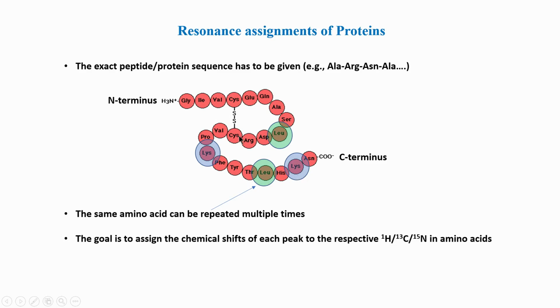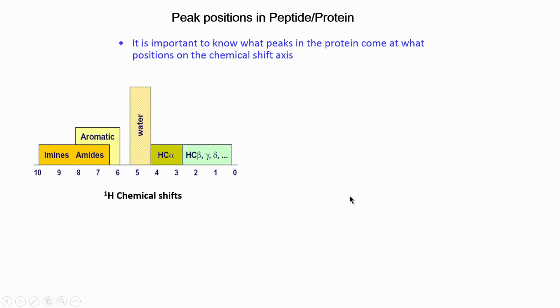How do you obtain the sequence? The sequence is typically obtained by various biological and chemical methods, which we cannot go into in this course, but I would refer you to some biochemistry book where you can see how the sequences of proteins are analyzed. Typically, if you know the genome, the DNA of a cell, and you know the open reading frame, or you know which gene corresponds to which protein, then from the gene sequence you can extract the sequence of the protein. This is one of the methods.